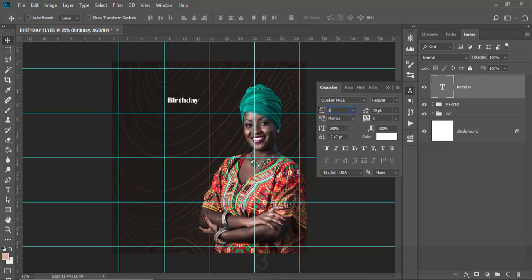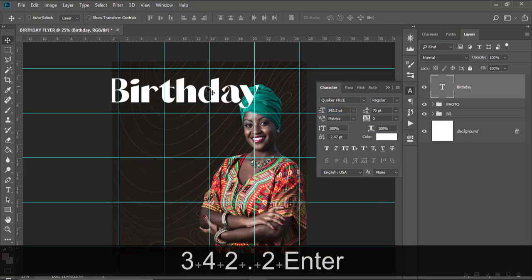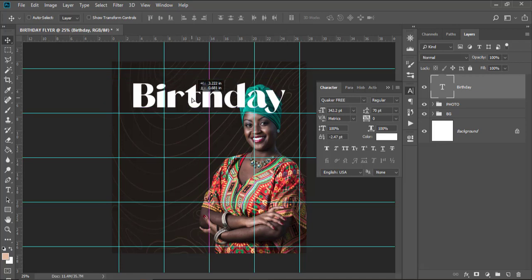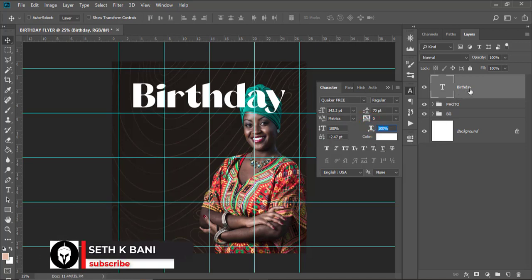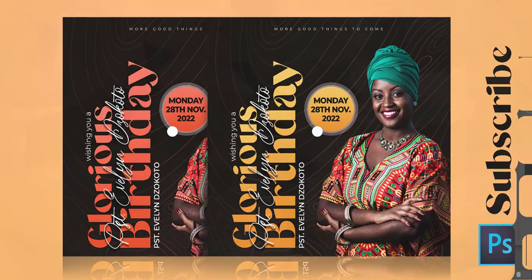I'm going to use 342.2. Enter. It's very big now. Let me drag it somewhere here. For the meantime, okay, I like the way it looks now. Also make sure, guys, here is 100, here is also 100, and over here you can leave that color white, it doesn't really matter. Now let's bring in the golden effect. Double click it and then let's go here to